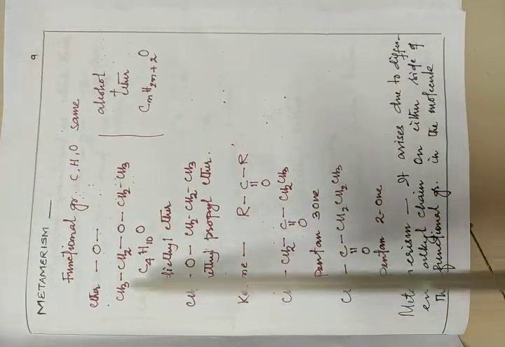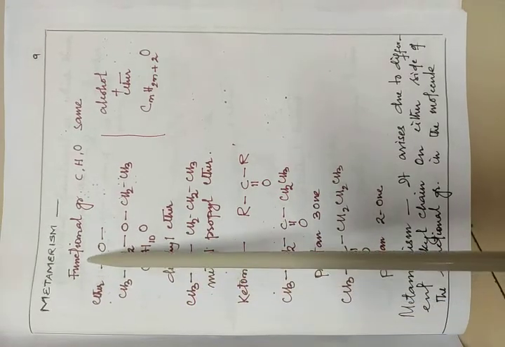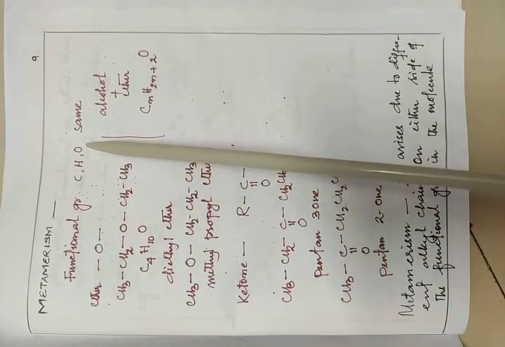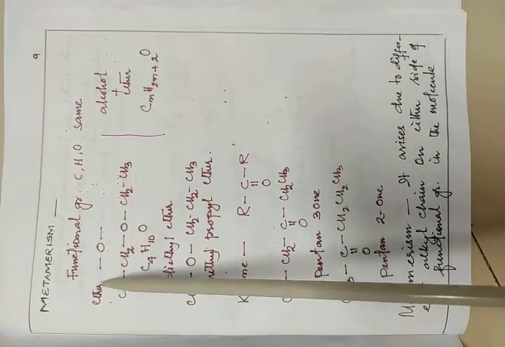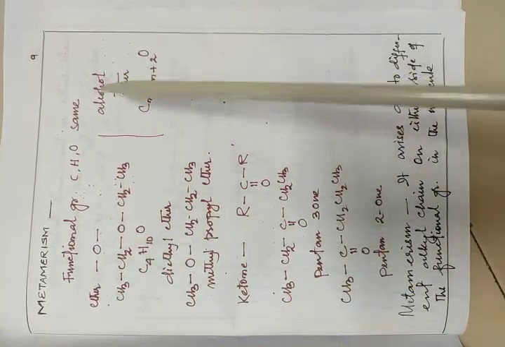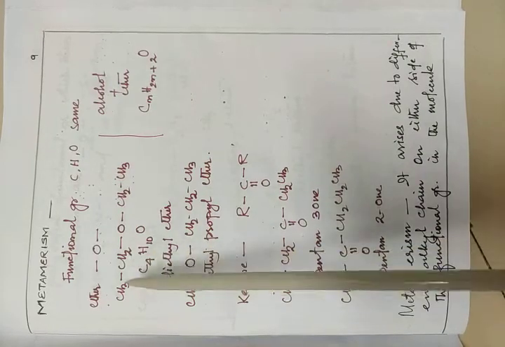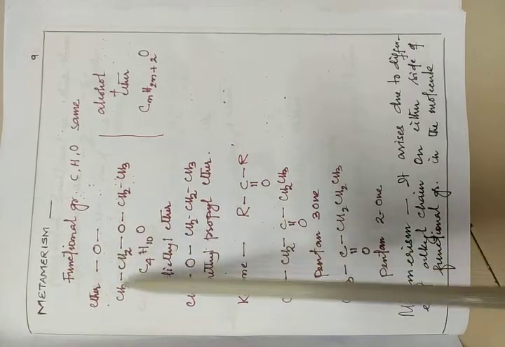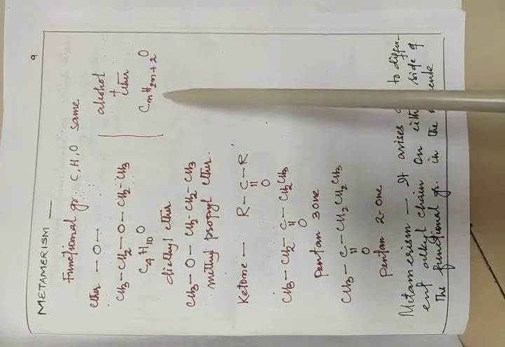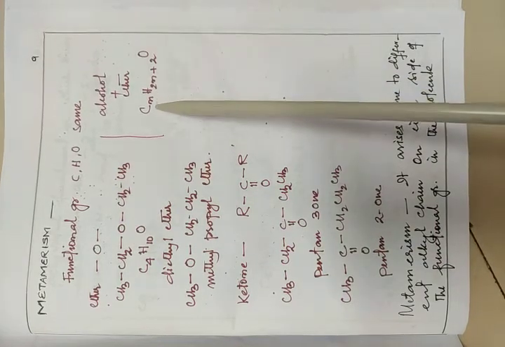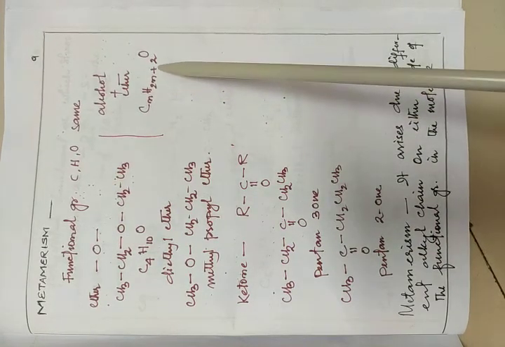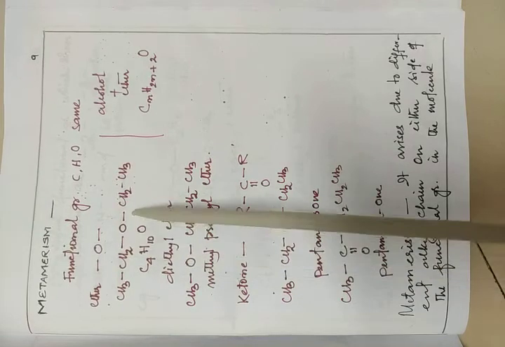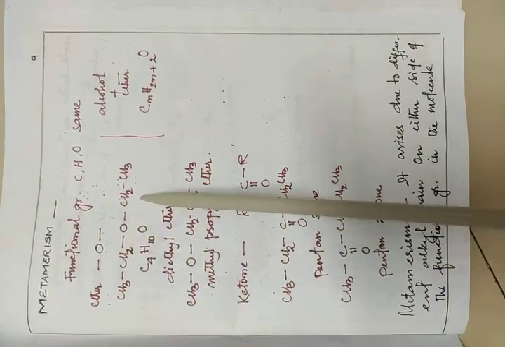Now the next is metamerism. Though this metamerism, this is also the functional group C, then hydrogen O, that will be the same. And here ether and then alcohol, that will be the same as the previous one. Now here ether is this formula, so sorry, functional group is this, then alcohol is OH. Now here the general formula is CnH2n+2O. Now here C4H10O. So here oxygen is there in between, so this is the ether.